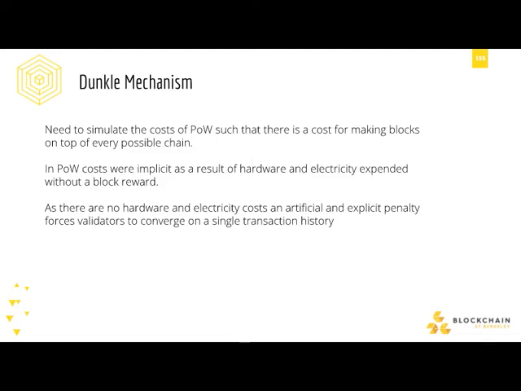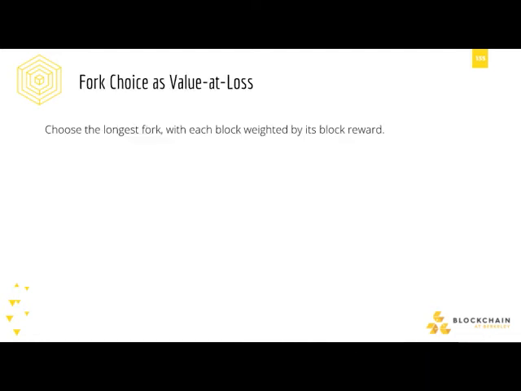And this is exactly what Jeremy was discussing before, which is that there are other kinds of frictions involved, which could be passed on to totally benevolent or totally innocuous nodes. That's probably something they're going to have to work on, because otherwise it's needless friction. In proof of stake, fork choice is based on the value at loss, which is the amount at stake on a particular chain. So it's not only about the length of the fork, but also about the weight at each block that determines what's finally accepted.